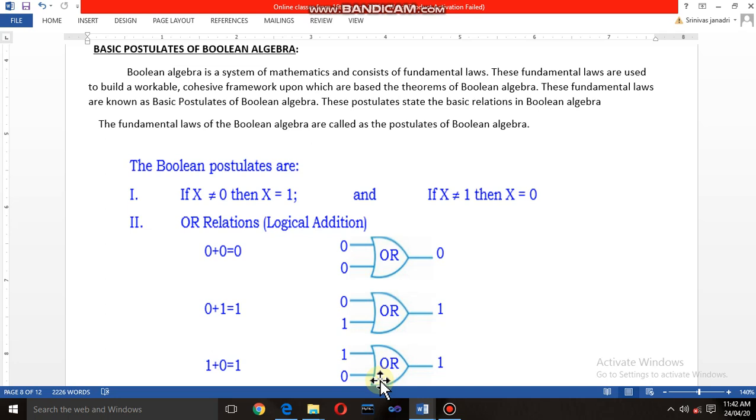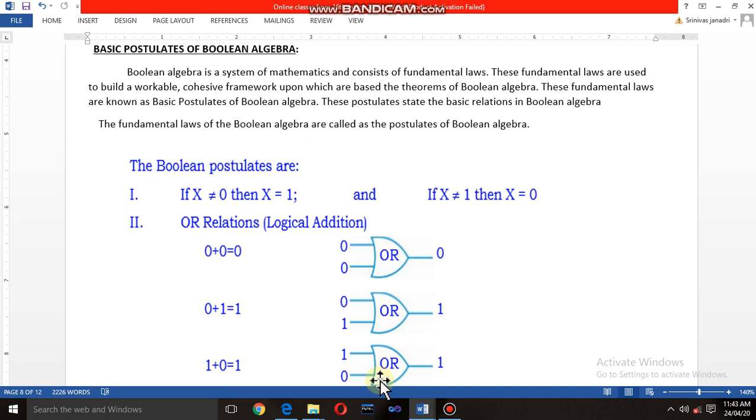Today in this video we are going to discuss the basic postulates of Boolean algebra. In the last video we discussed the logical gates, where the basic gates we know are the AND gate, OR gate and the NOT gate, which is called an inverter. We discussed the operations of the gates, the basic symbols for them, how they work, what operations we can apply on them, and the truth table for the individual logic gates based on the number of